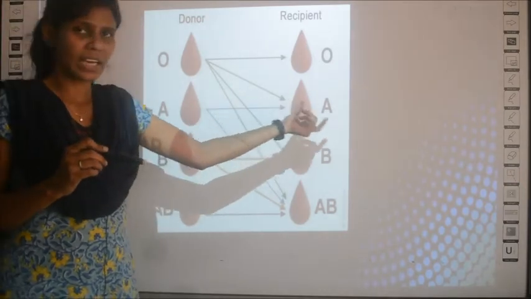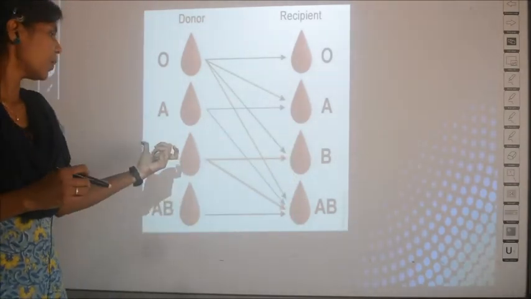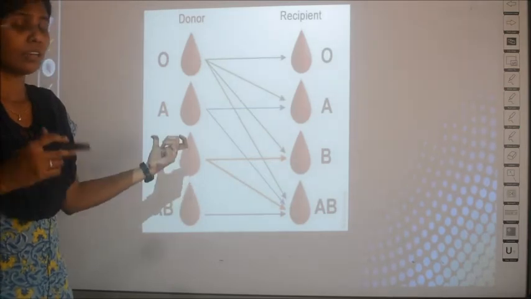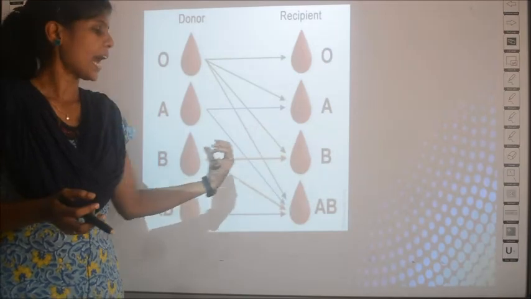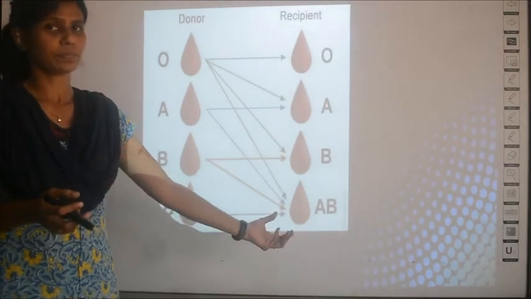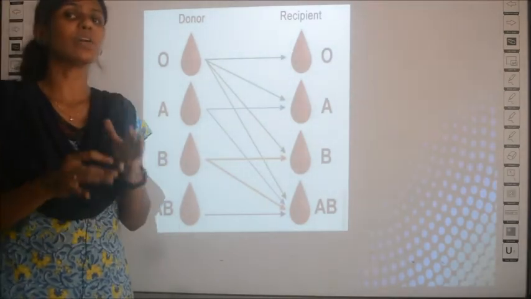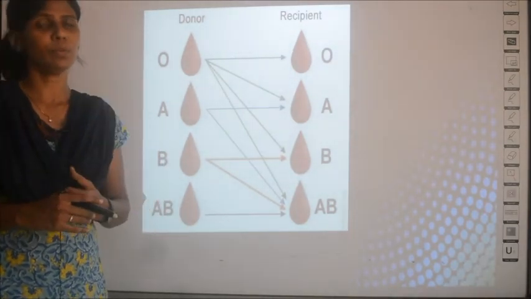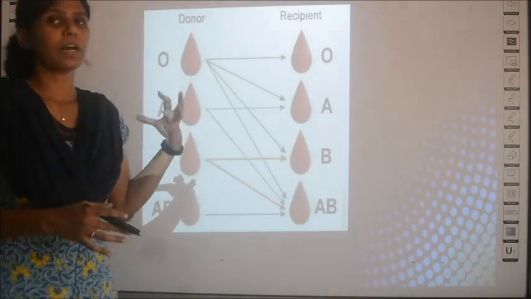Either to A blood group people or to AB blood group people. Then what about B blood group people? B blood group people can also donate blood to B blood group and AB. Clear? And AB blood group people can donate blood only to AB blood group people. Okay, so this is the rule for blood